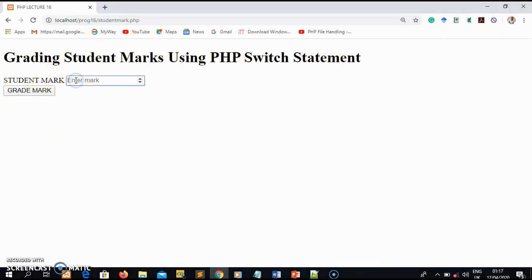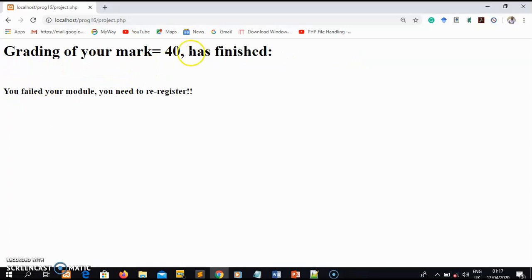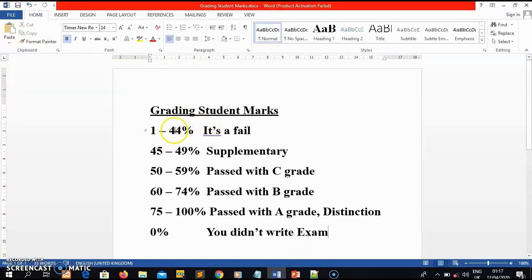So here is where you type your mark. If I type my mark, let's say I'll type 40 here and click this button, grade mark. You see my results are being displayed, and it says grading of your mark 40 is finished. You failed your module. If you come here, you failed your module because I typed a mark that is in between 40, here it's